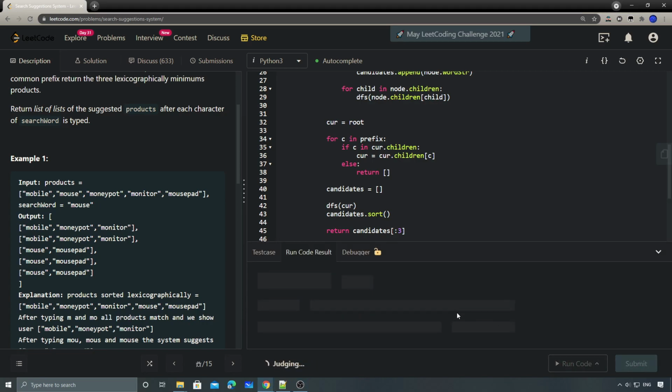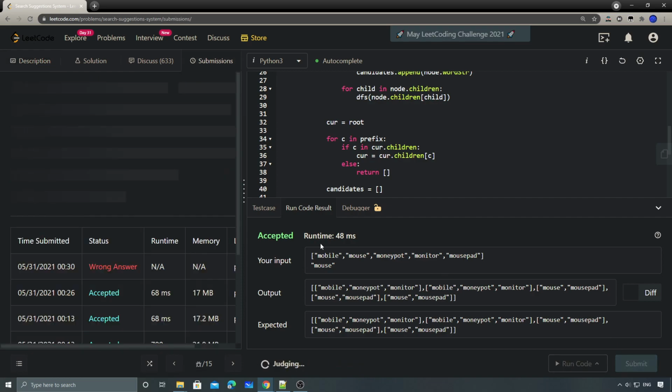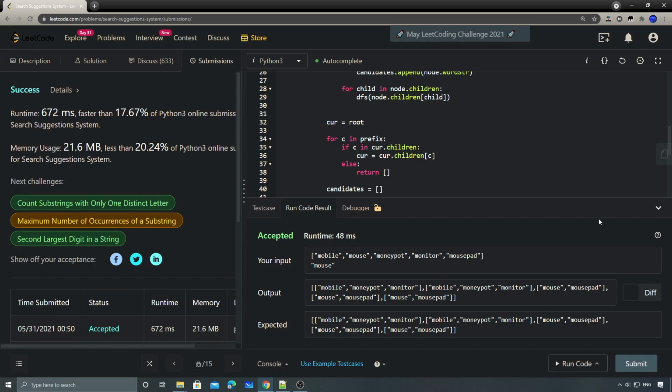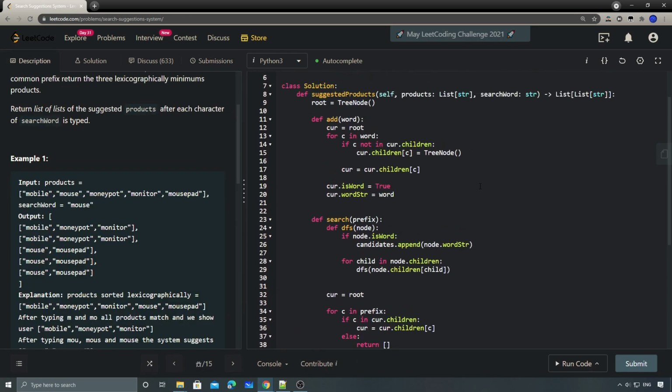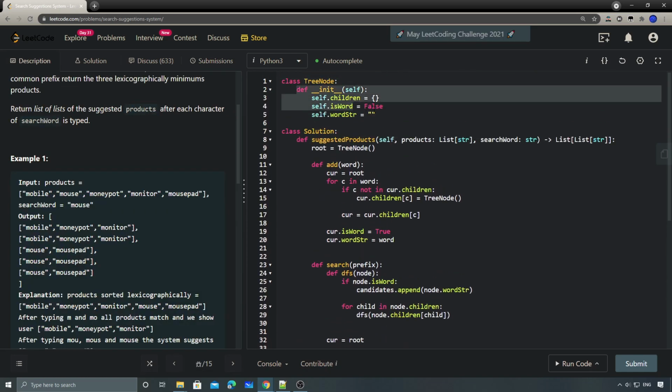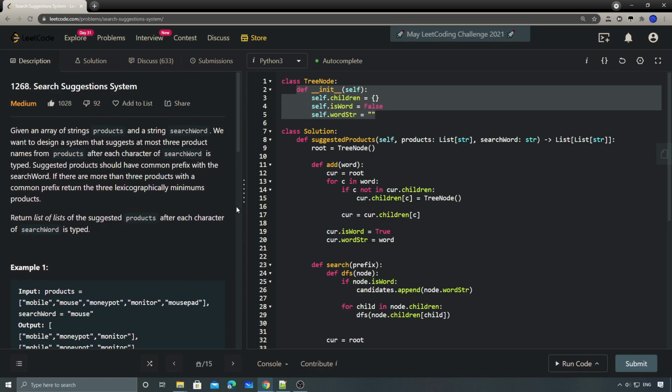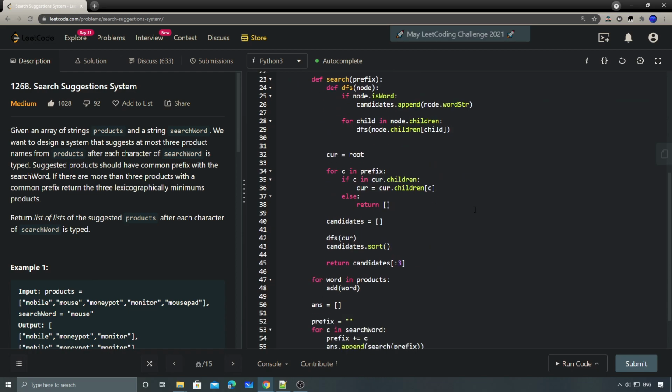So let's run the code. Yeah, accepted. Cool, so pass. And yeah, nothing fancy, just a very classic prefix tree implementation. So for the time and space complexity,